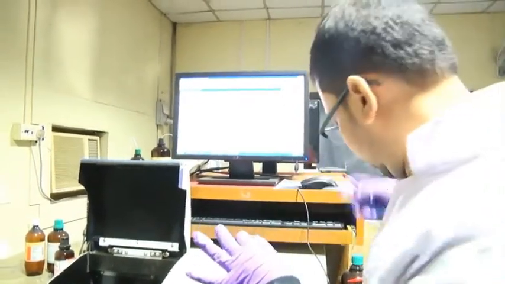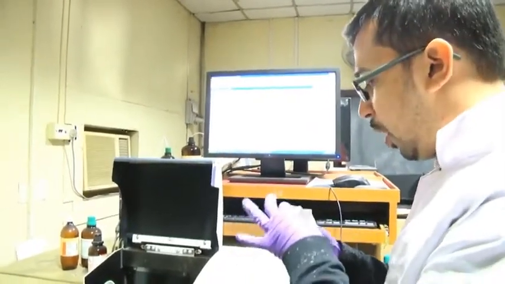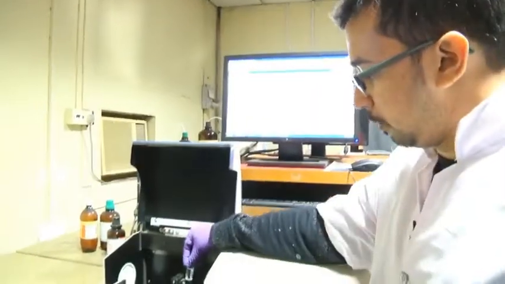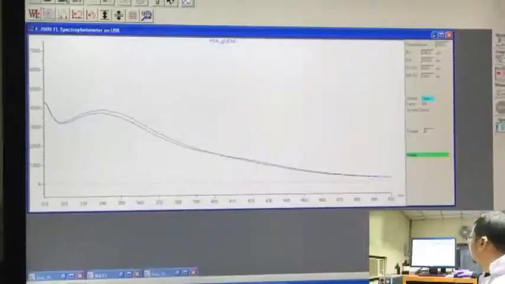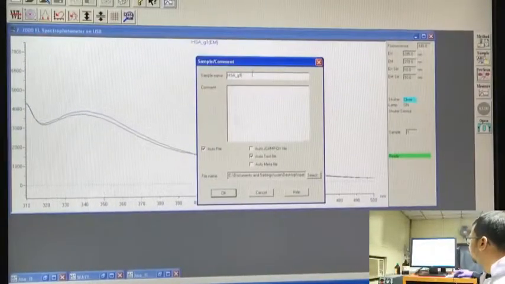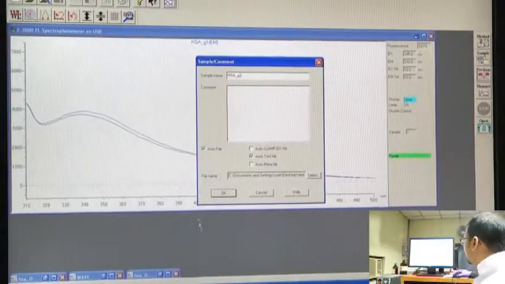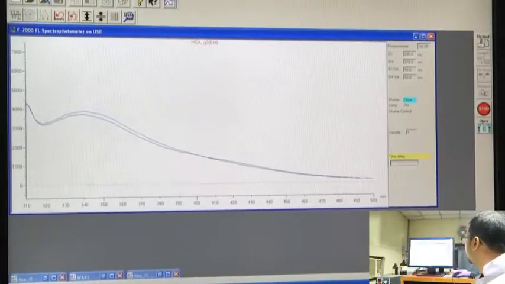And now, we will clean this cuvette properly and place this in the chamber. Now, we will set the sample name out here as G2. Okay, and carry out with the measurement.